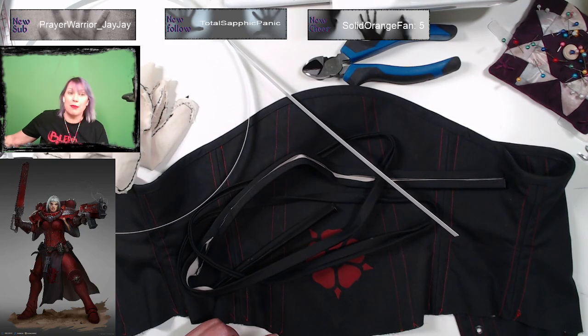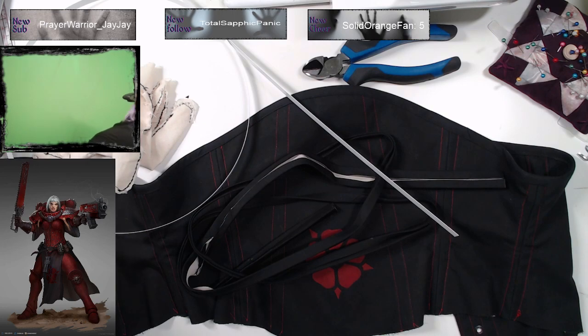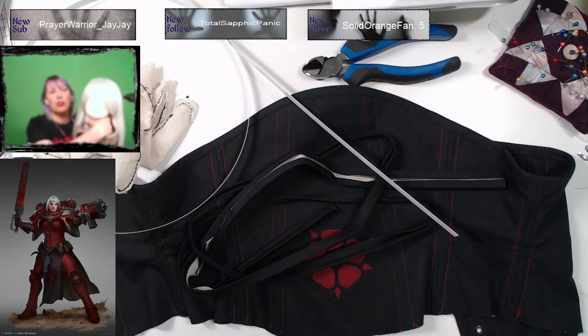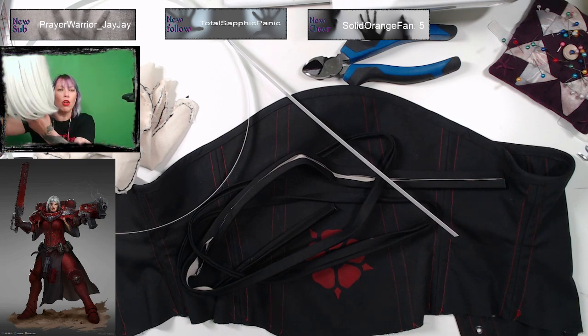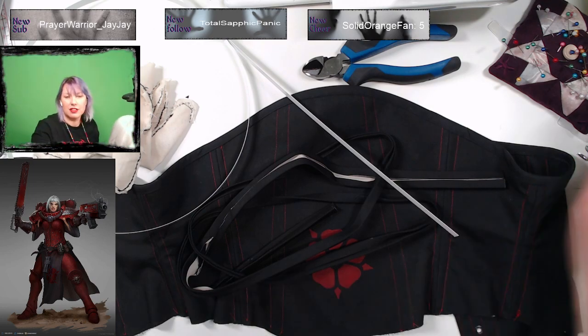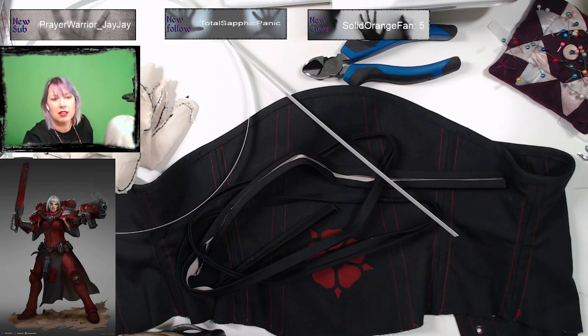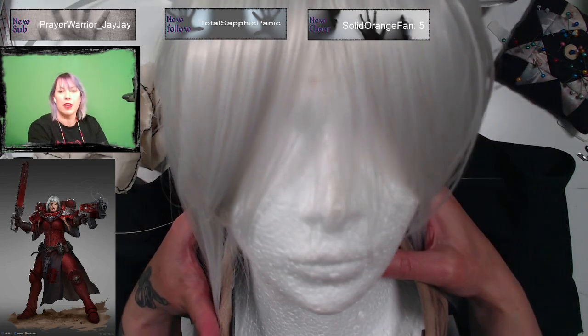But now that I have my cork head, I can also start looking at doing the wig. Why is the light so light? Okay, there we go. Because she's a bit too long, and the fringe is a bit too long. See if it's better on the other screen. There we go. Yeah.